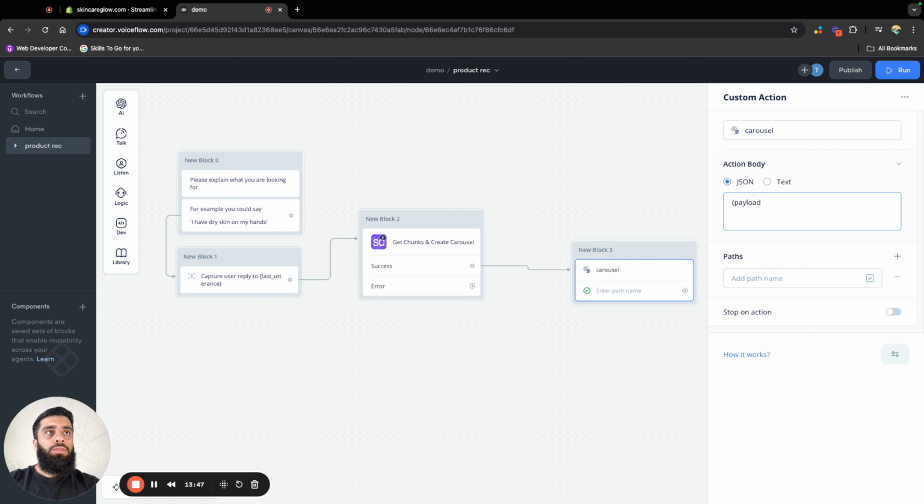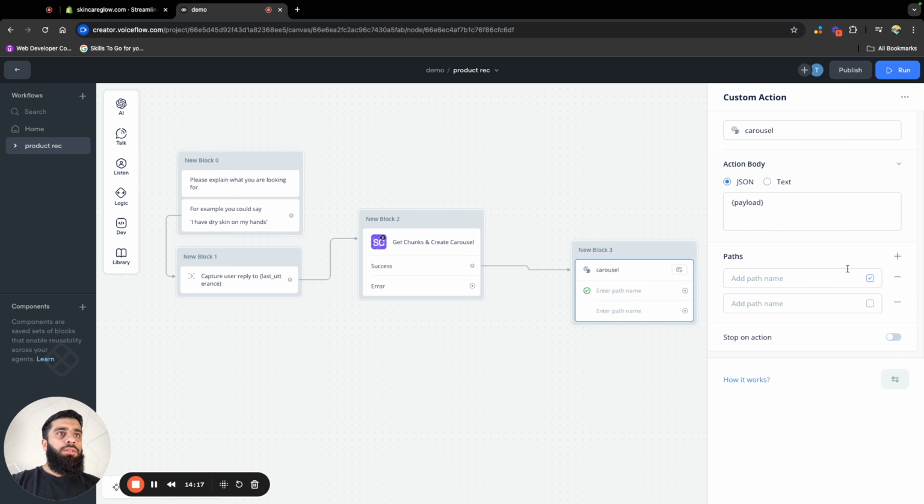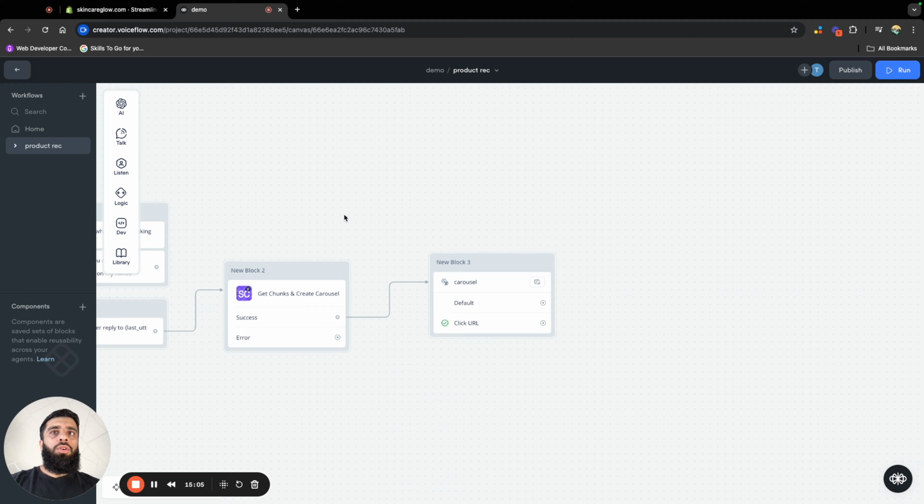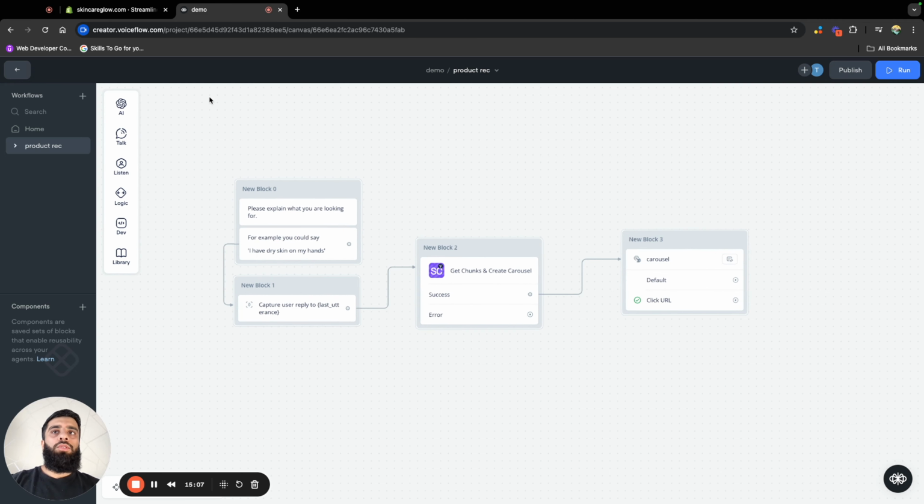Type in payload, close curly brackets, and then beneath that you'll see paths, and across from that you'll see the plus button. The first path we're going to name as default, and then the second one we're going to name as click URL, and ensure that is the one that's selected. And once you've done that, click back onto your canvas, and now we need to go over to our Shopify